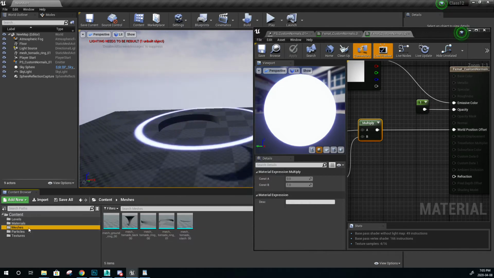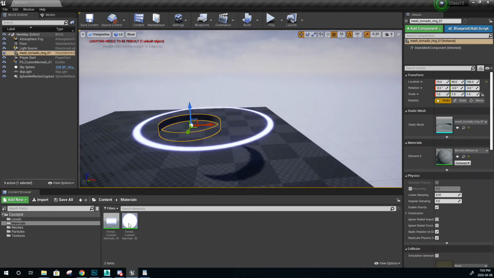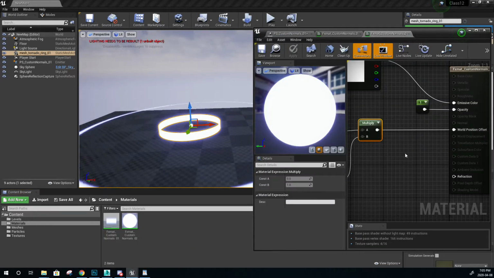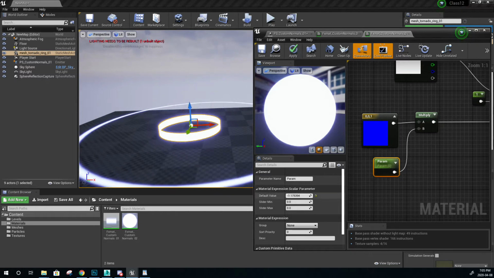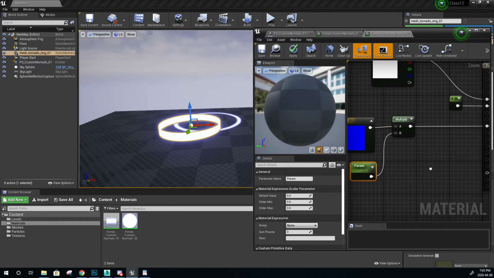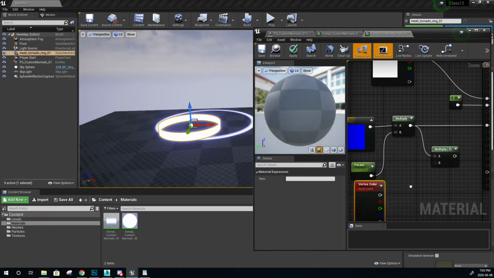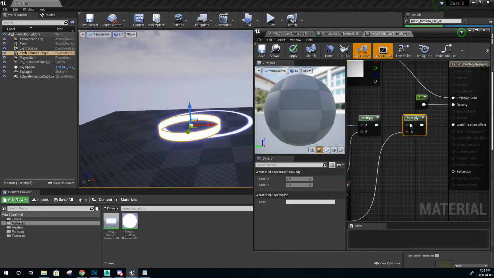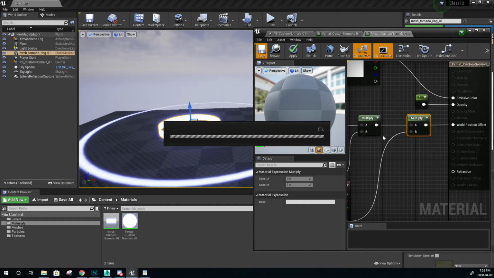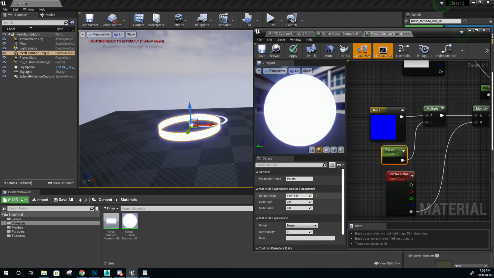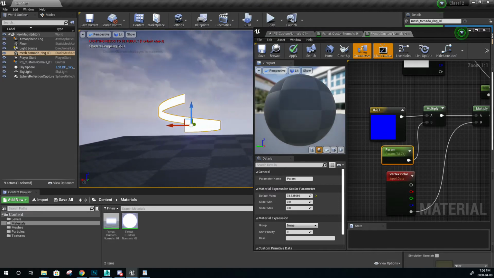And now let us assign this new material to that mesh. Alright, so if we go in our material now, if we change this value, it's going up or it's going down. And if we multiply this by the vertex color and we get the alpha, same thing as we did earlier almost. And now we save it. Now if we change a value over here, see what's happening? And this is something that's going to be required in